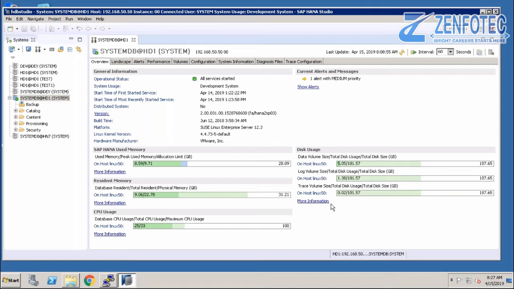In case of upgrading the memory and CPU, you can easily say that one month back the CPU utilization was 10%, and now it is 90%. Then we have to increase the CPU. So this we have to record somewhere, in an Excel sheet.